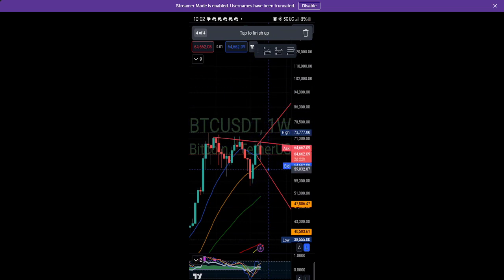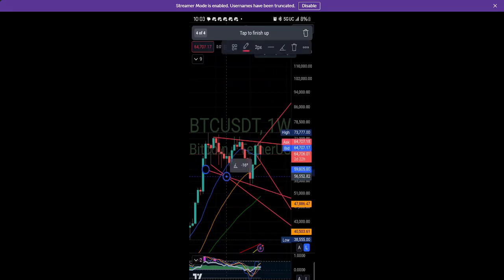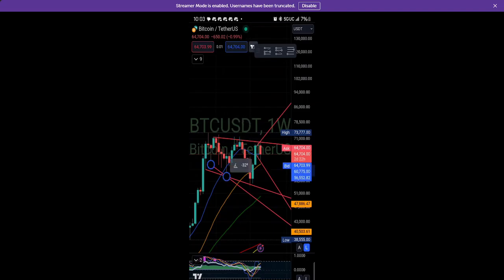So I think we are on our way now to test this line here, right, from that last one on the 3-day. If we break that, we come down to test the lows, and the lows are going to be more along here, whereas some people are going to try and draw the line here, but I don't want to do that because that was still an upward trend until here. So I want to start my downward trend somewhere after the peak. And that's just a preference. So I'll get rid of that